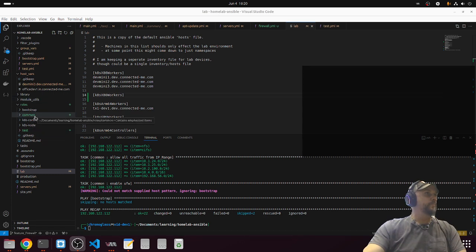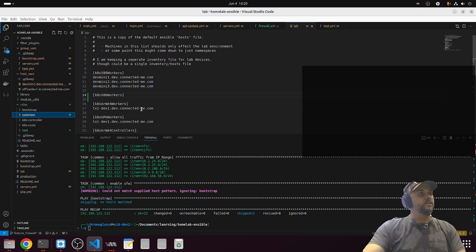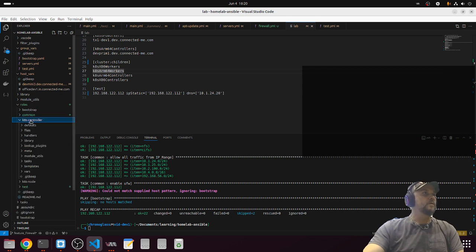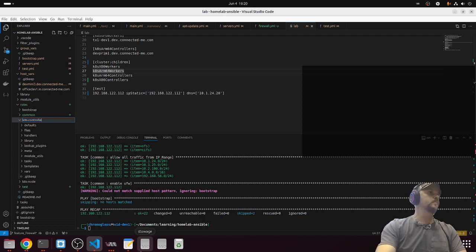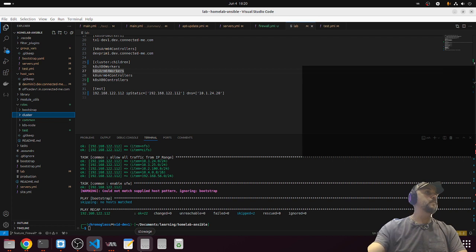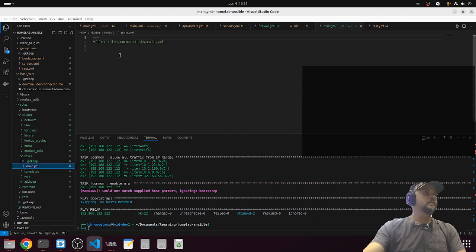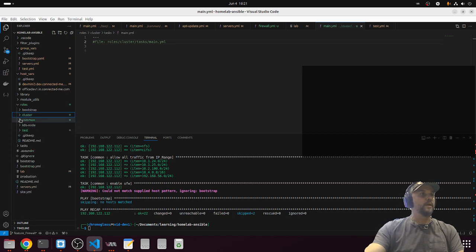Where was I? Oh yeah, I was talking about which roles. So I do wonder if I shouldn't just, like I did here, I have cluster, which is everybody in the pool. Like, it's not quite common. It's K8s common. So maybe I just rename this guy to cluster, because it's a real cluster. Main roles. Cluster. Tasks main. And I'm not going to worry about updating, because if I'm working on the cluster directly,